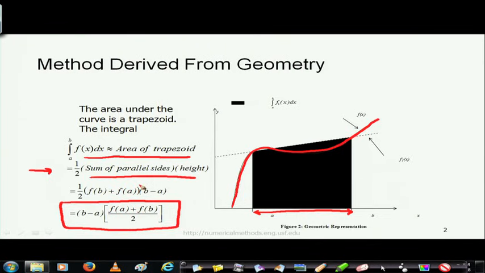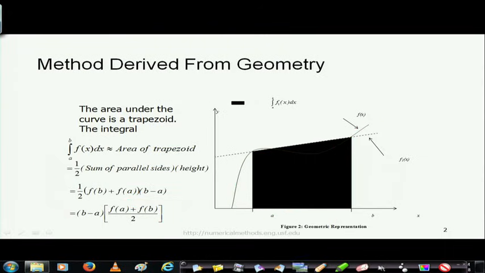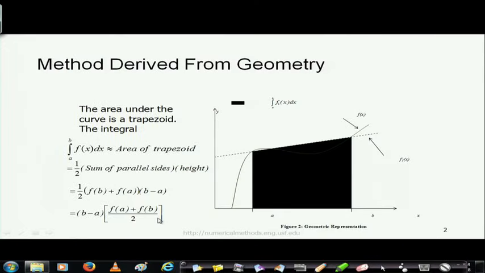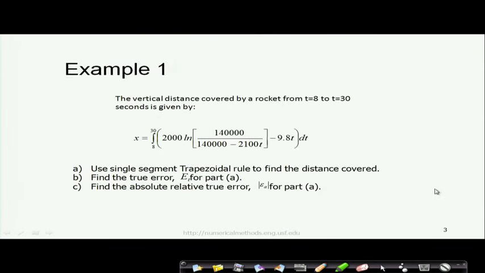Of course, we will see that there can be errors due to this approximation, but this is a simple formula which we can quickly compute. It is very easy to write a program for that. You have got a function that will compute the curve. So, you call it for a and call it for b and compute this expression, and you will get the integral, all right. So, here is an example.